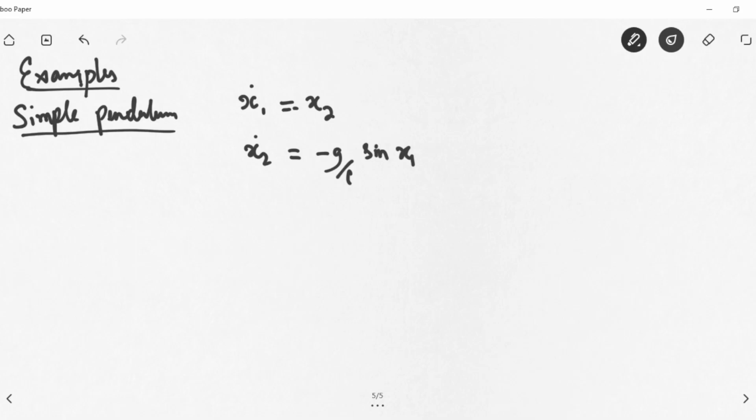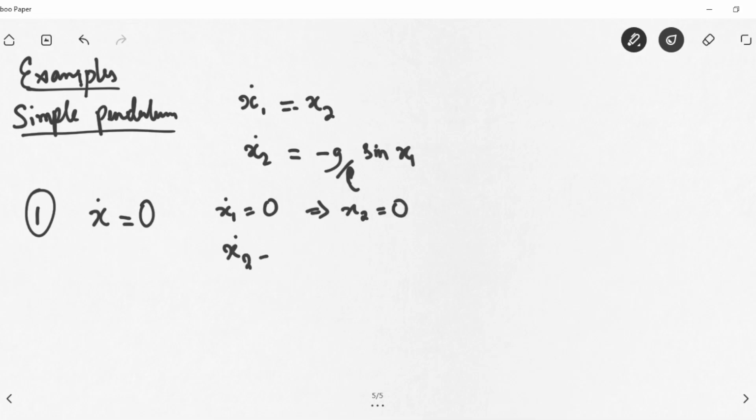We are taking an unforced simple pendulum and we'll try to see how we can linearize this system model, and how we can then find out whether the system is controllable, if it is observable, and if it's stable or not. Now, first of all, equating x dot equal to 0. That means x1 dot is equal to 0, which implies x2 is equal to 0, and x2 dot equal to 0 means